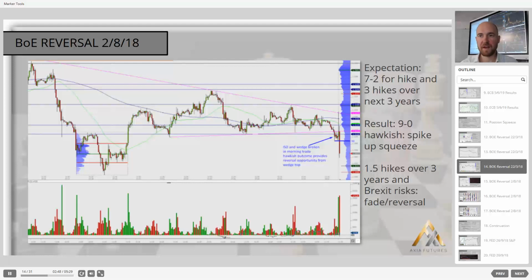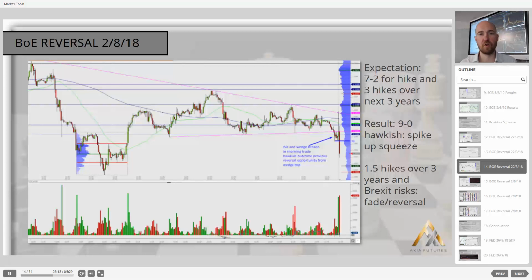The added benefit here from a technical point of view as well is that you've got a reference point for this squeeze. You're likely to get people wanting to sell the top of that wedge, wanting to sell that downtrend. So a move back up towards 131.73 could well be your opportunity to fade, to sell any fast spike up for the move lower, assuming that you don't get anything overtly hawkish, for example, a rate hike or a very,